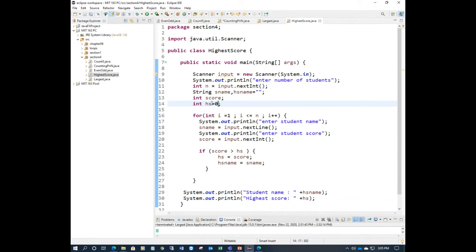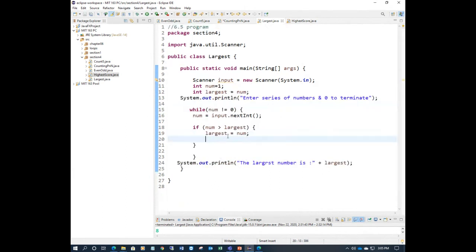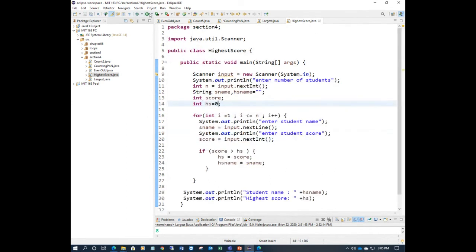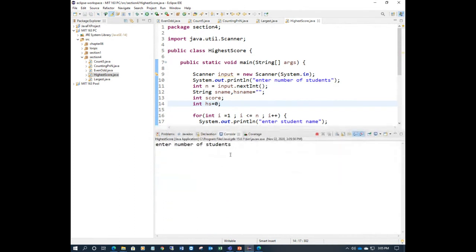So that's it, the program here. It looks a bit lengthy, but it's the same program where I have added the name. That's it. There are some other issues we'll see. Let's run the program here. Enter the number of students. For example, I want to take only 3 students, because I have to enter the data for each of the 3 students. 3. Now there is a problem here.